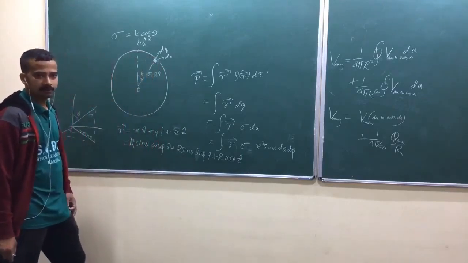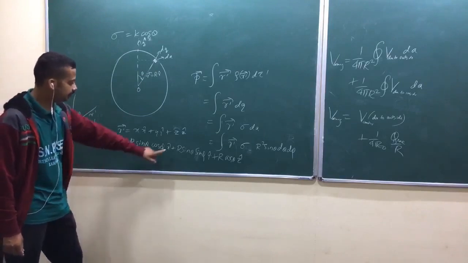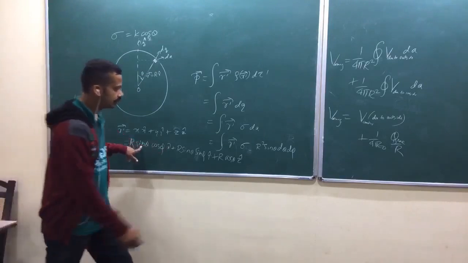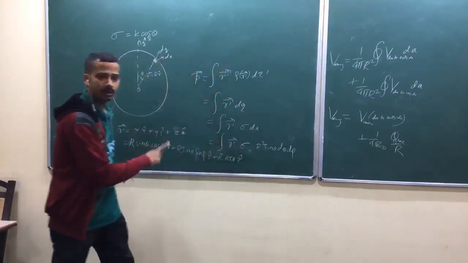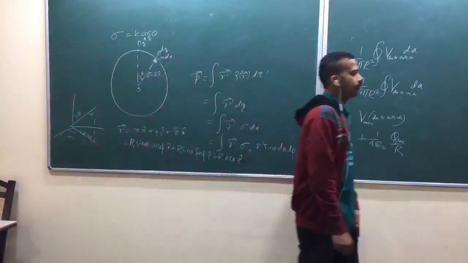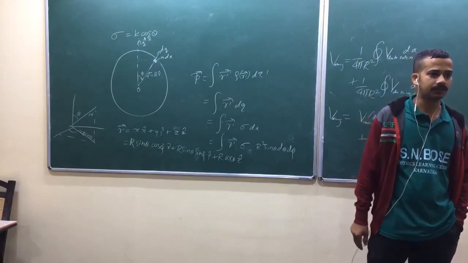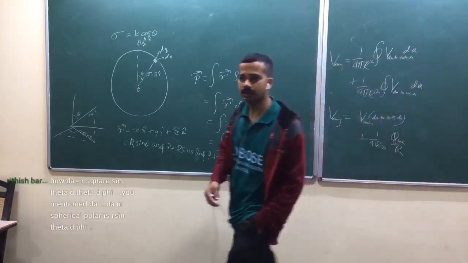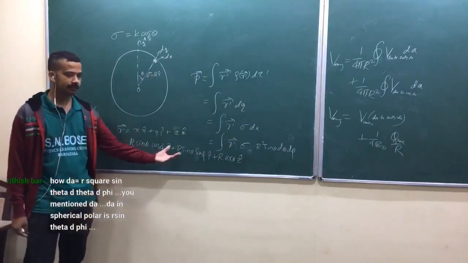The x cap and y cap components will be zero. You have to show that one. What would be the x cap component? Sin theta, here sin square theta, one more cos theta from sigma. Cos theta into sin square theta, sin cube theta by 2. From 0 to 2 pi, that's 0. Okay, like that. You have to show that those integrals along x cap and y cap are 0.